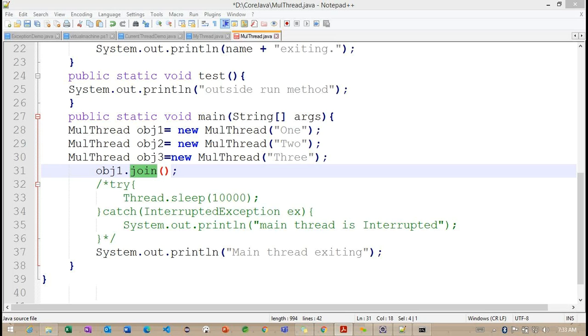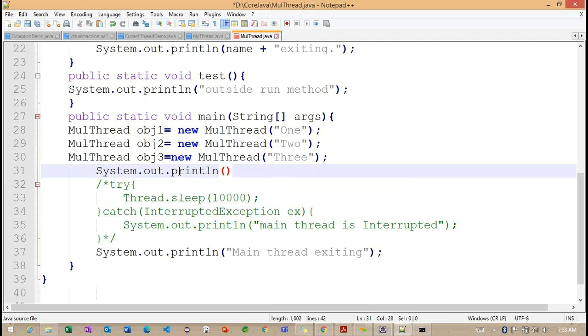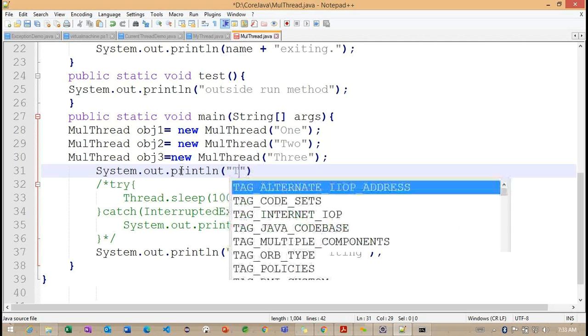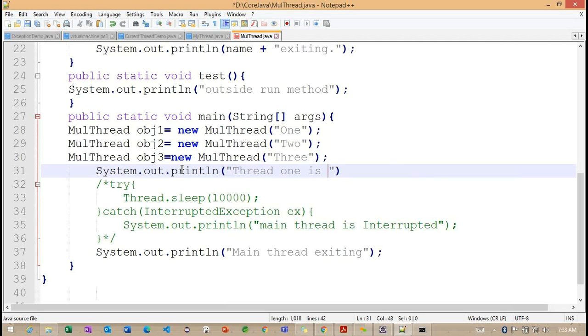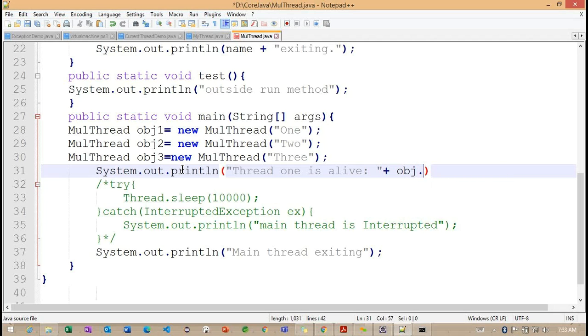Let's say I create these three threads, and then System.out.println, and let me define thread 1 is alive, because here we want to understand whether this thread is alive or not. So obj1.isAlive.